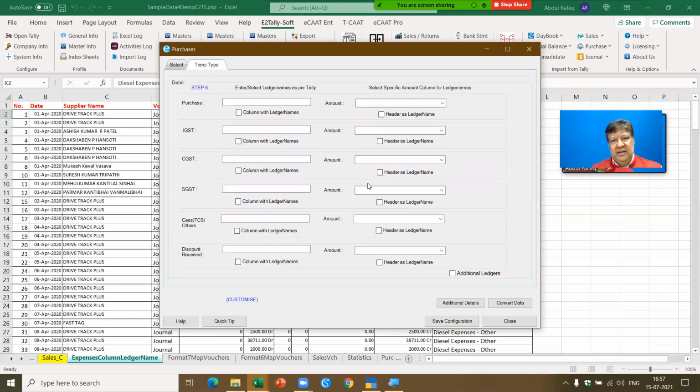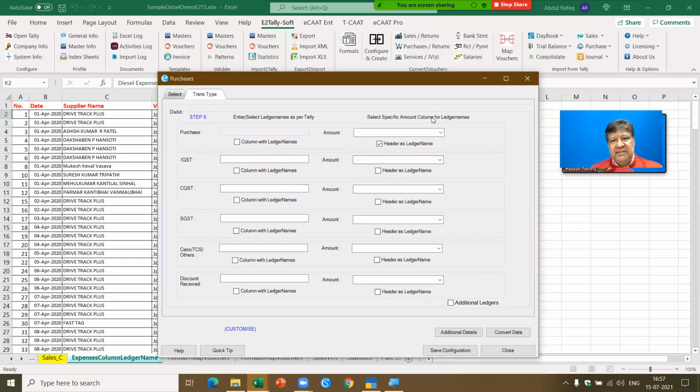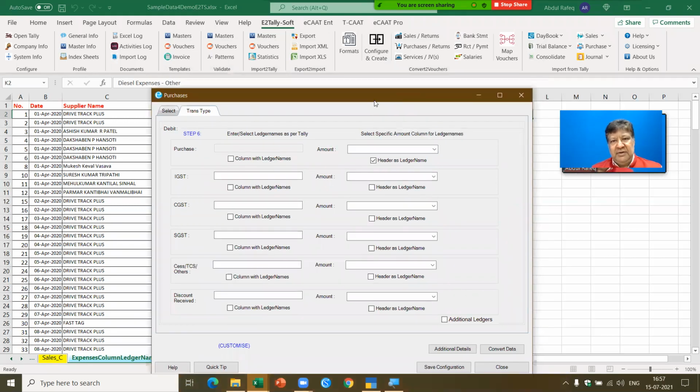We come next. Now here I'm going to select the purchases. In this purchases, let's look at the purchases here. I selected header as the column name. Now instead of this, what should happen? In the case of the purchases, I think here column with the ledger name. Here I have to select the,